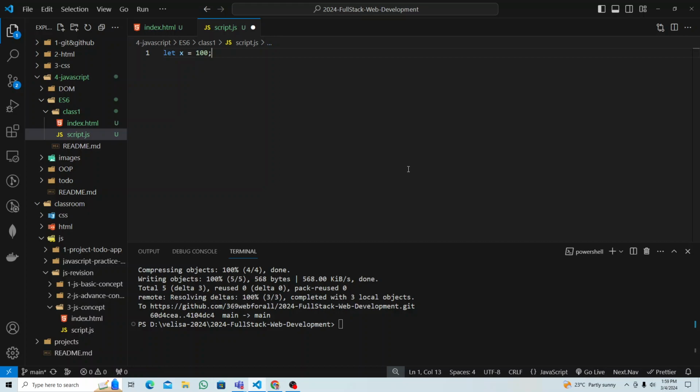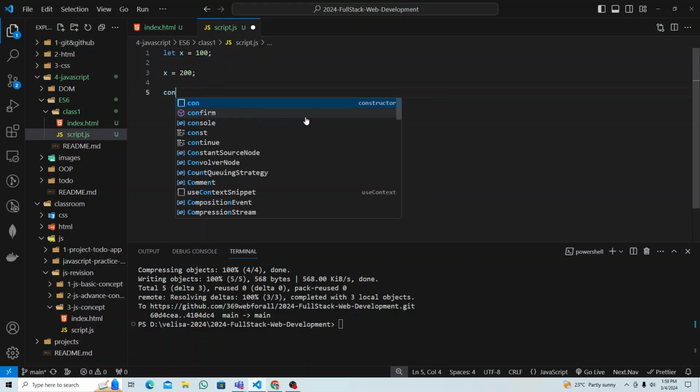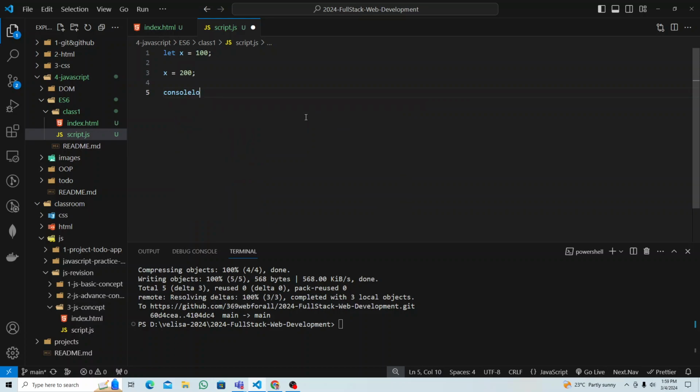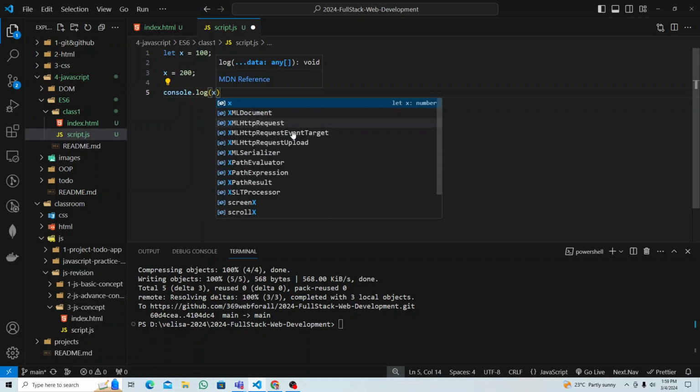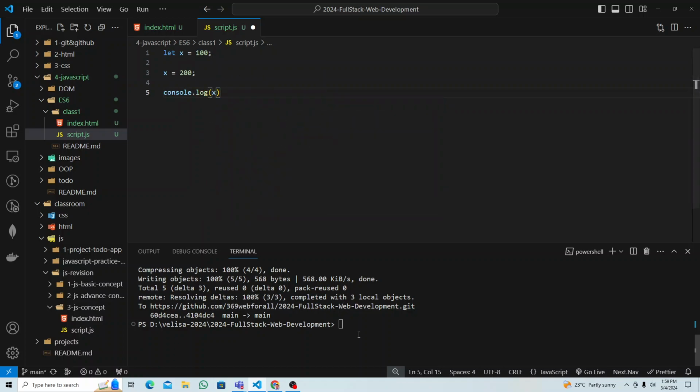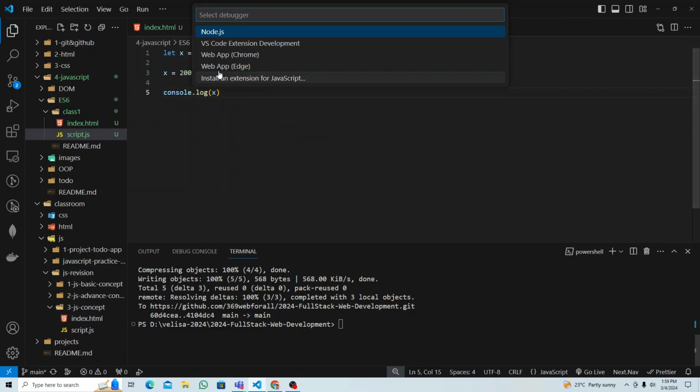Why is let a variable? Because we can reassign the value. When we create a memory with let, you can reassign, right? And let's do console.log x. Okay, so if I just run this code, F5,